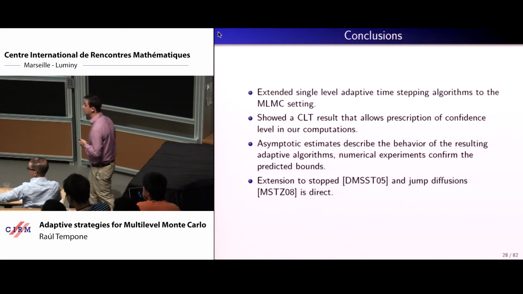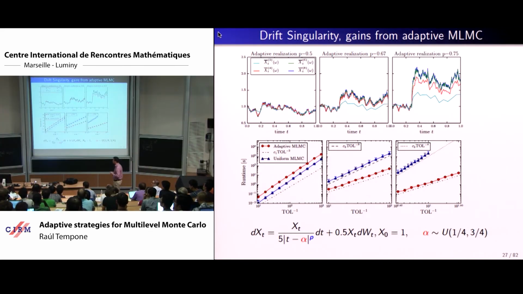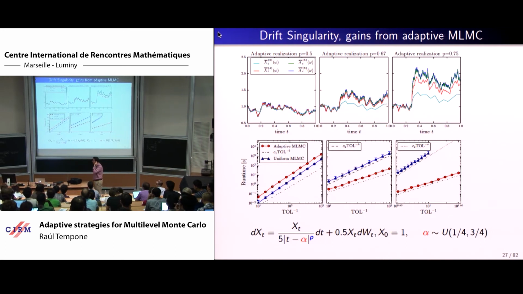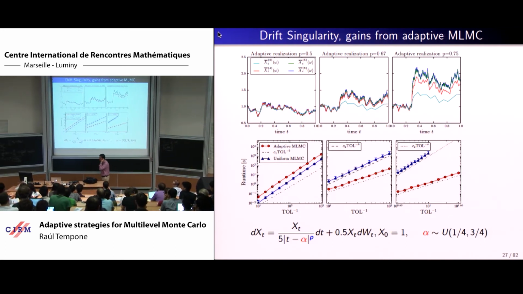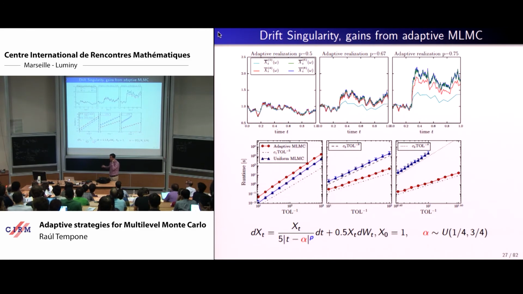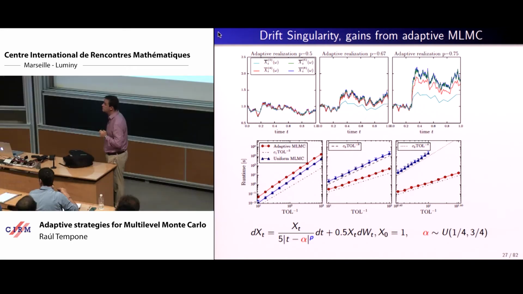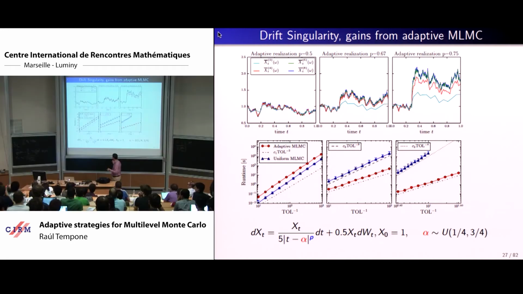Yes, please. Alpha is independent of W? Sorry? Alpha is independent of W, that's right. So essentially you set alpha, you run the things. Alpha is independent of W, correct. Because in the true model, you might imagine that alpha is connected with... Yes, this was just a simple example so people can actually reproduce and see what is going on.